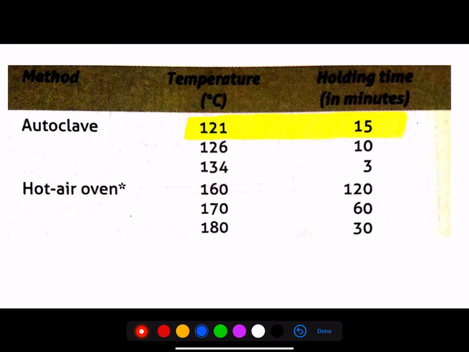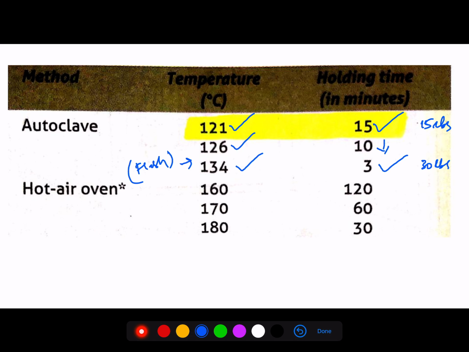The next comes to the temperatures of autoclave and everything. So autoclave, the standard temperature is 121 degrees centigrade for 15 minutes and at 15 lbs, that is the pressure. Or else you can increase to 126 degrees centigrade where the holding time will be decreased to 10 minutes. Or something called flash sterilization. What is flash sterilization? It is 134 degrees centigrade, 3 minutes and 30 lbs. During flash sterilization, you don't wrap the instruments, whereas in normal sterilization, that is 15 minutes of holding time, you're going to keep a wrap over the instrument.